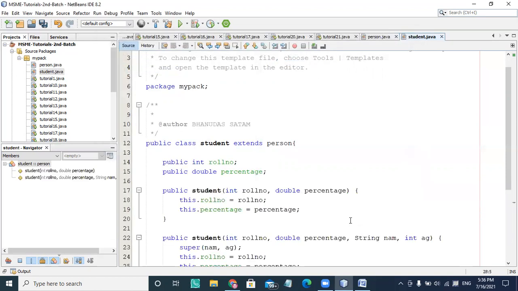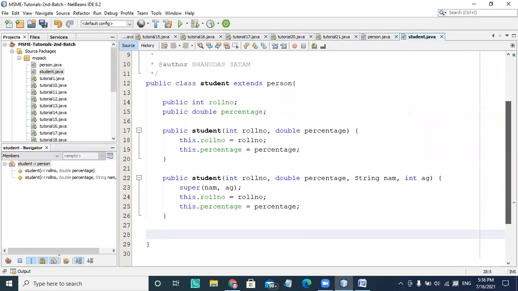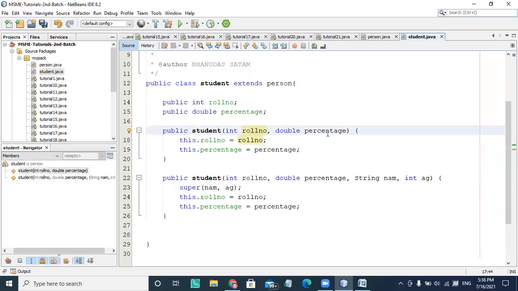I'm choosing generate here. Two constructors get created when you pass roll number and percentage, so a student gets created. But if you want to pass roll number, percentage, as well as name and age, these name and age are the data members which belong to the person class.